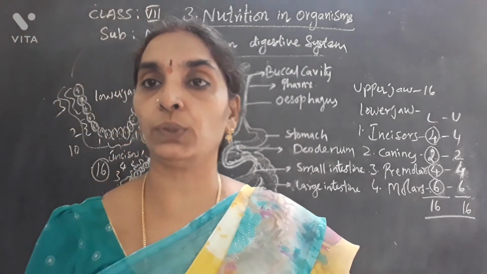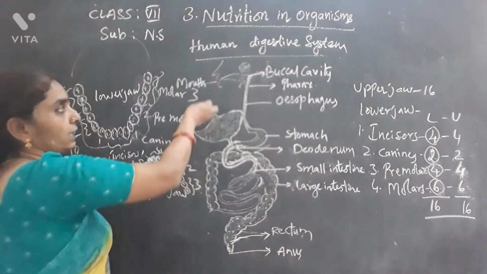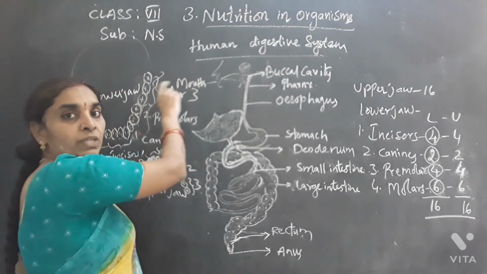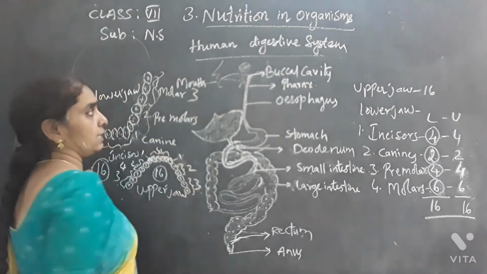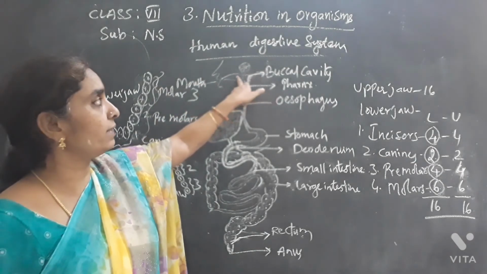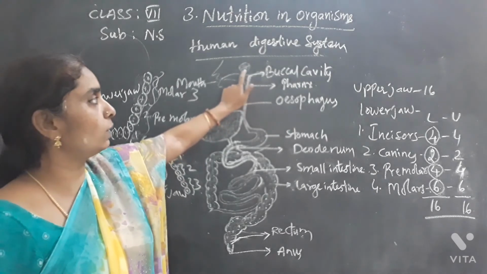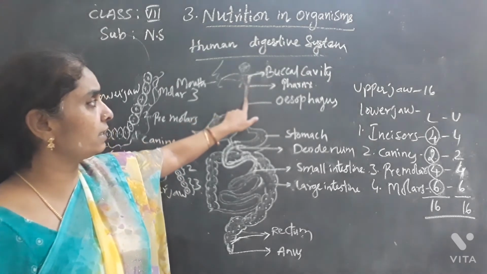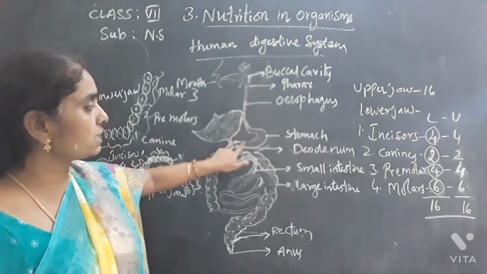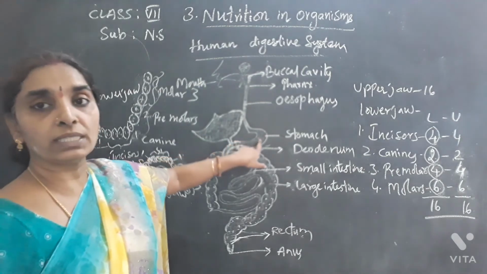Before entering into it, once again I recall the topic that I have told you. Inside the mouth there are teeth and tongue where the food is chewed very well, and the salivary glands are in the buccal cavity, helping with the digestion of the food. From there it reaches the pharynx and esophagus. From the esophagus it reaches the stomach, where the food acts with the hydrochloric acid,